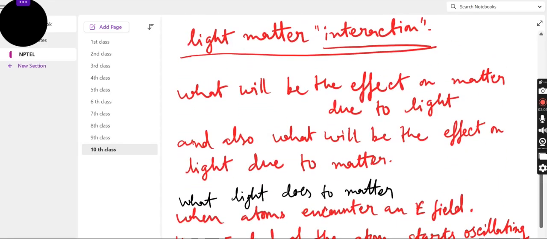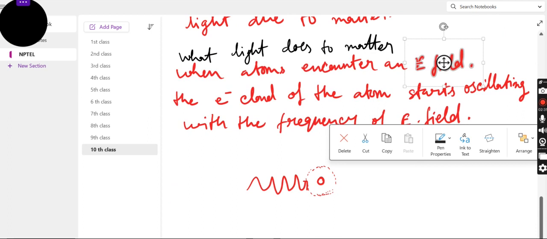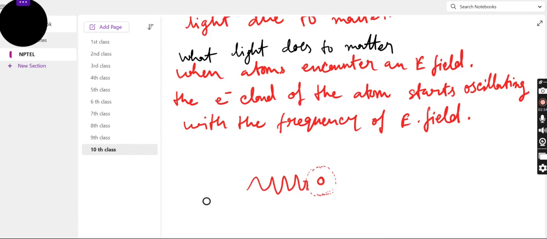So we start our discussion from the light matter interaction. Interaction means both parties get affected by the other. The matter will be affected by the light, which is an electromagnetic wave, and the light will also be affected by the matter. First we see what light does to matter. When an atom encounters an electric field or light,